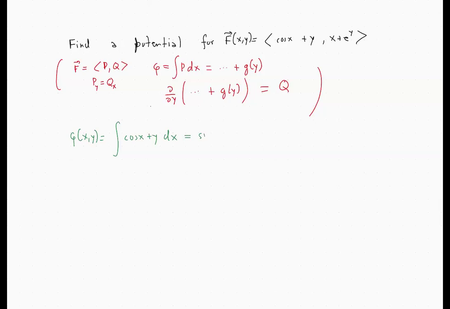So now we would like to take the partial derivative of this with respect to y, and that should be equal to x plus e to the y. So on the left, we get x plus g prime of y, and that should be equal to x plus e to the y,